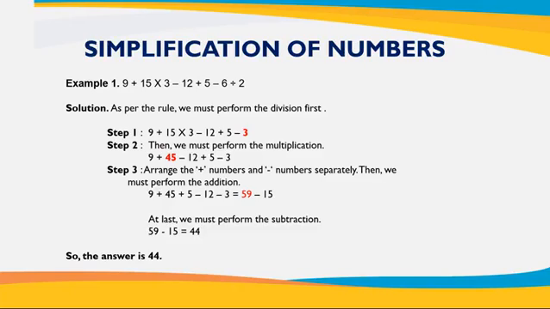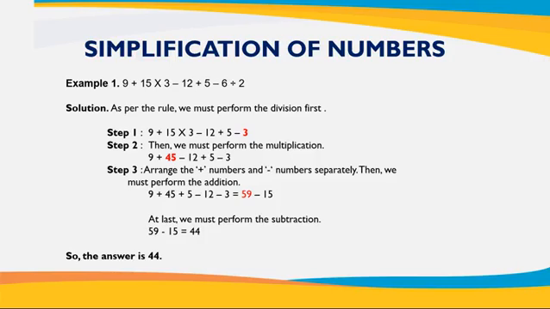Let us now learn how to do a simplification sum with an example. If you look at the sum, there is addition, multiplication, subtraction and division in the same sum. So we will have to follow the BODMAS rule. As per the rule, we will have to perform the division first. So in the first step, you divide 6 by 2. You get 3. After the first step, you will write 9 plus 15 into 3 minus 12 plus 5